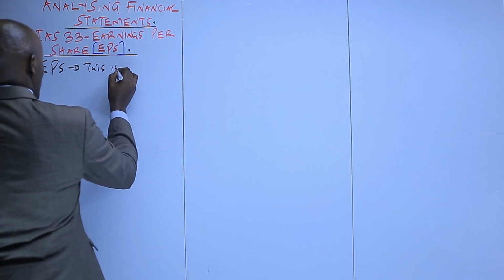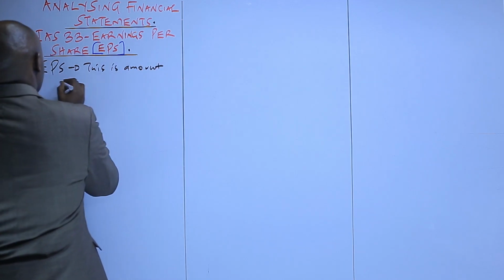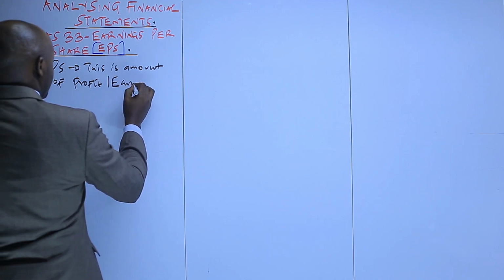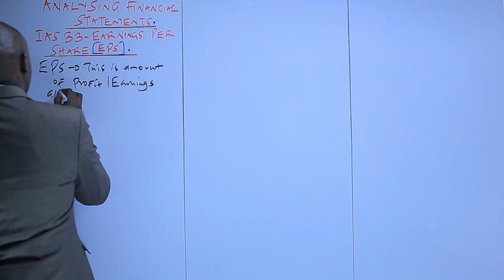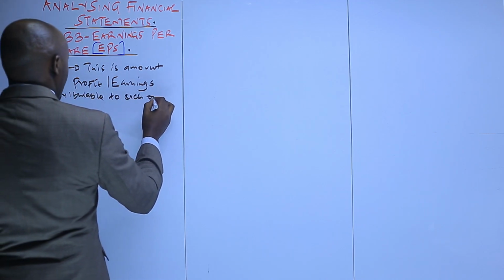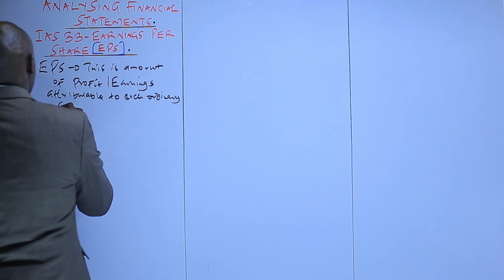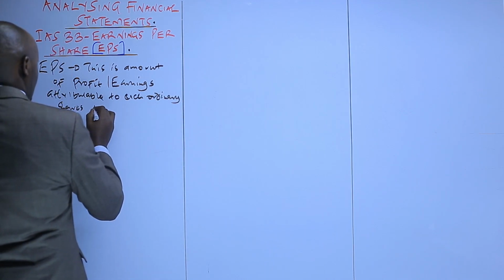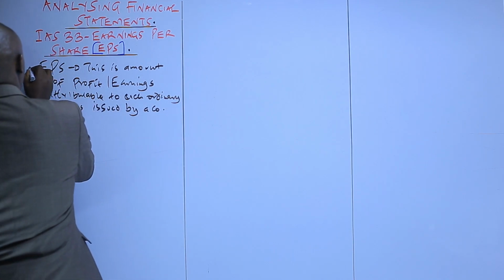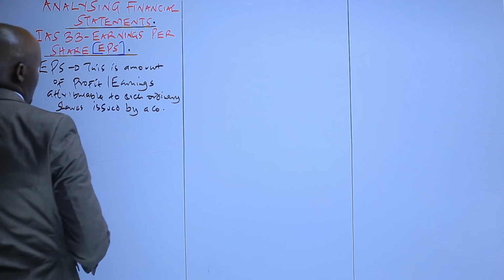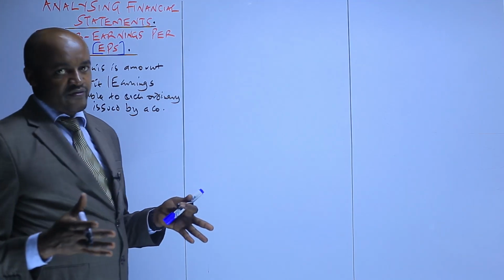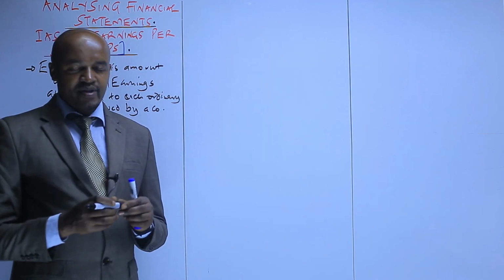this is the amount of profit or earnings attributable to each ordinary share issued by a company. It is the amount of earnings, or basically the amount of profit which is attributable to each ordinary share issued by what? By the company. Basically, what we have said is that all listed companies, and these are those companies whose